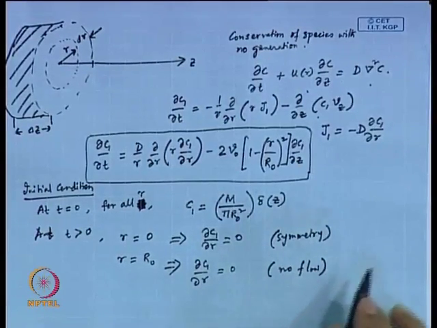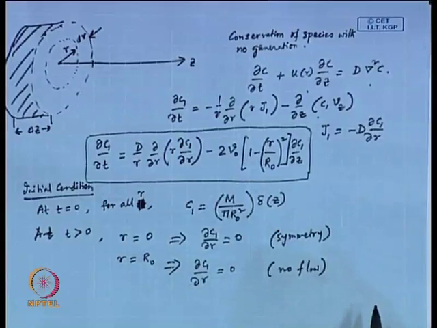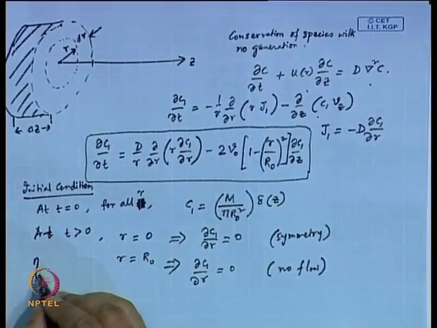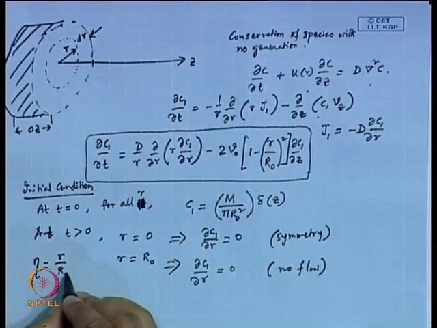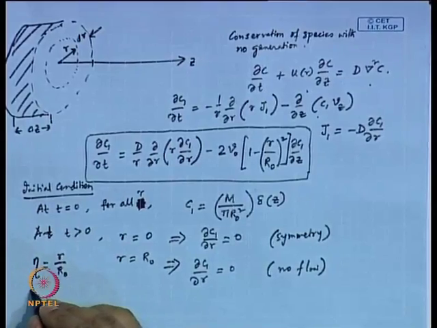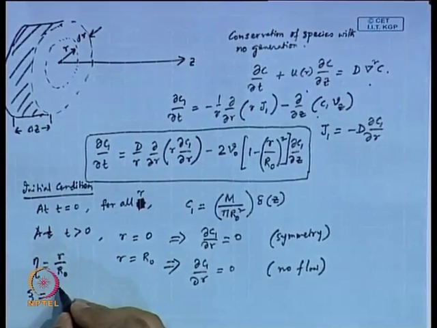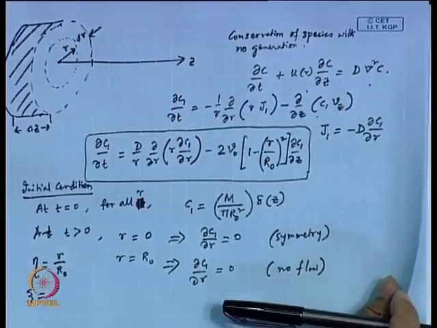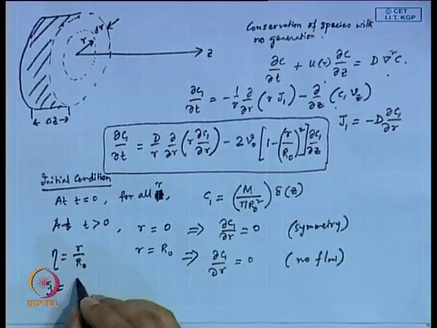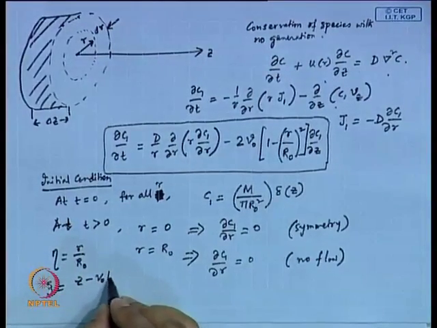Okay. So, what you would do in this case is define a new variable. You define eta as r divided by r 0. It is a very obvious choice. Why leave r as r, rather than make r dimensionless? Everybody does it. It is very common in fluid flow with a circular cross section. And the zeta, you remember we have already said that this zeta would be equal to z minus v 0 t,